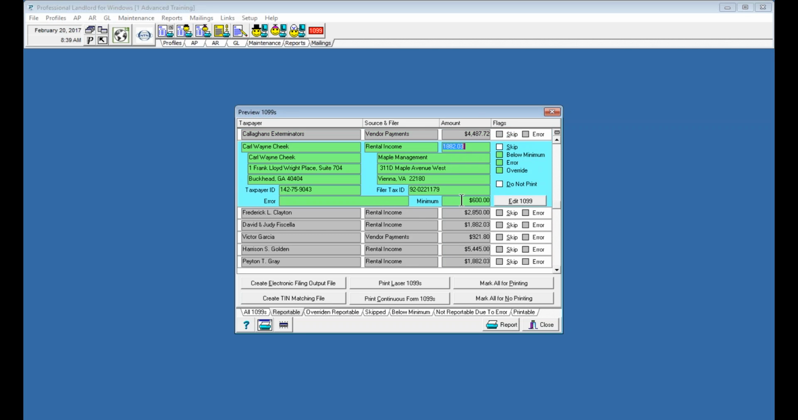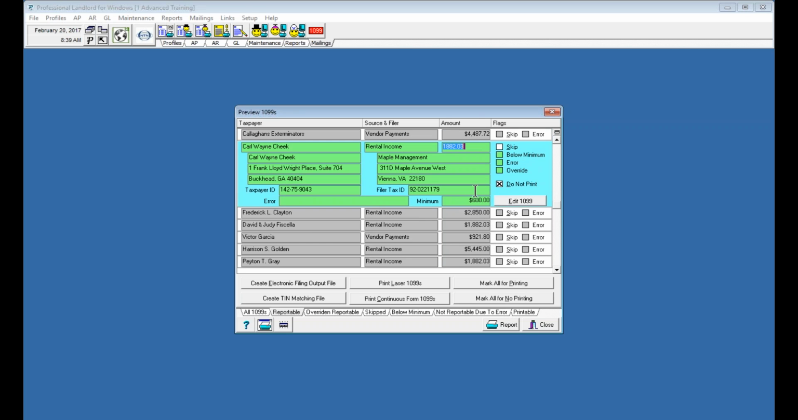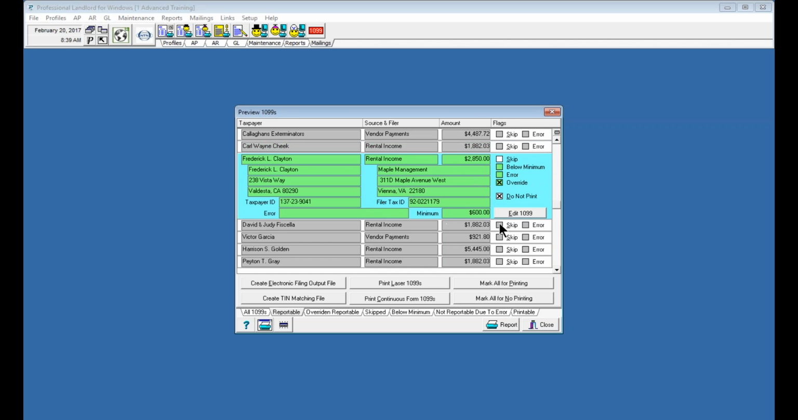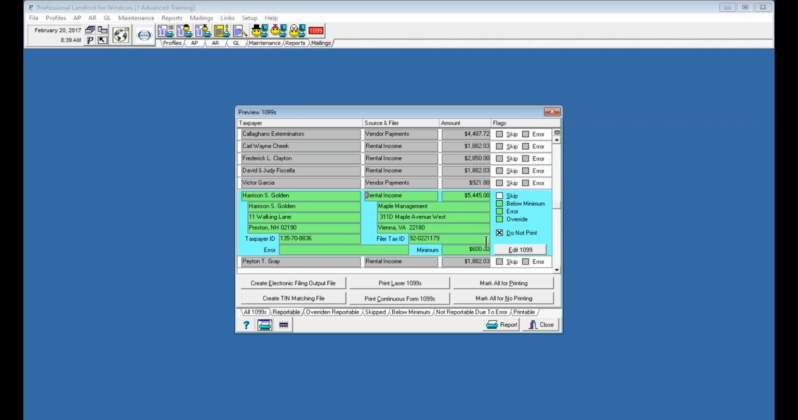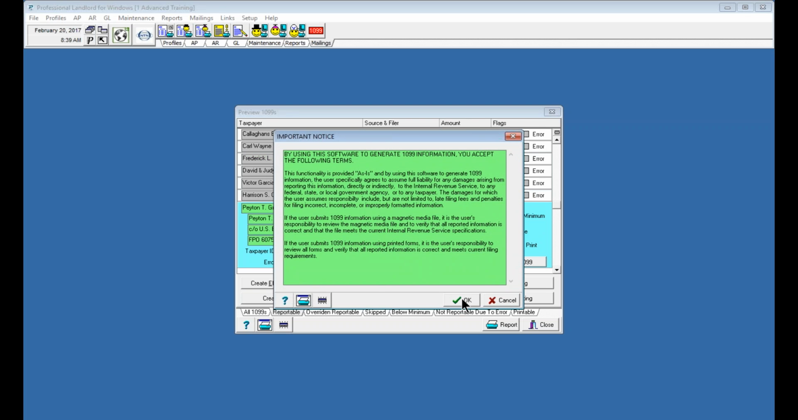So we'll edit this one and say, first of all, we'll say mark all of them to not print. And then you go in and you'll unmark the ones that you want to print. So unmark 1, 2, 3, and the 4th one. So then we go ahead and print them, print laser 1099s, print them on plain paper,